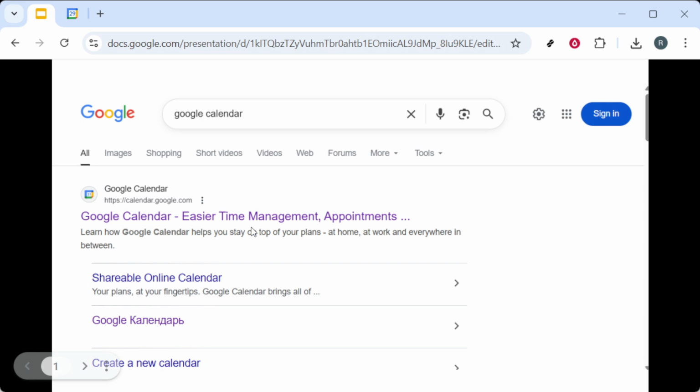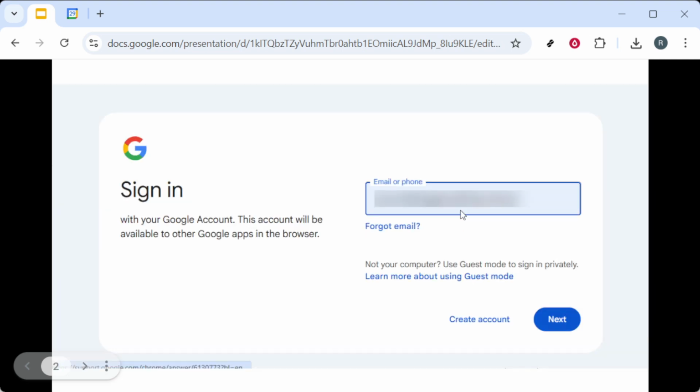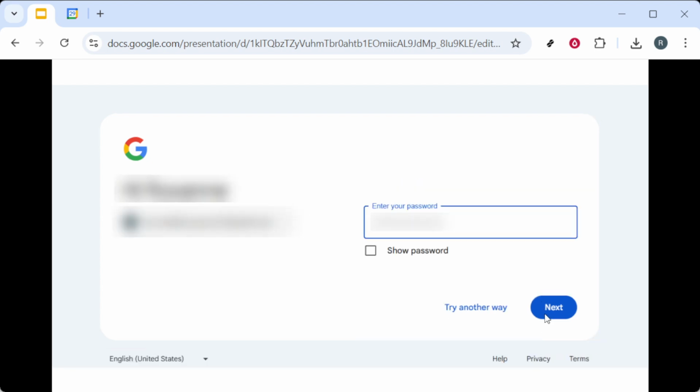As you land on the Google Calendar website, you'll need to sign in if you aren't already. Begin by entering your email address associated with your Google account. After you input your email, click on the Next button to proceed. At this point, you'll be prompted to enter your password. Go ahead and type in the correct password and then click Next again to finalize the login and gain access